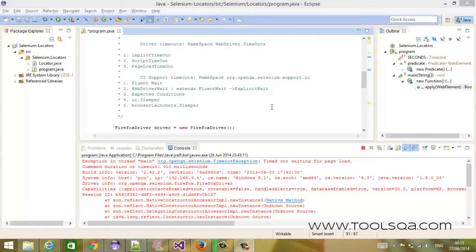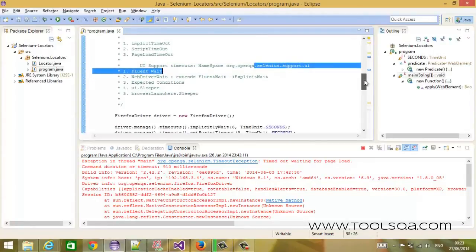Let's talk about the waiters that we have inside the selenium.support.ui namespace. The very first waiter is the FluentWait. Now, FluentWait